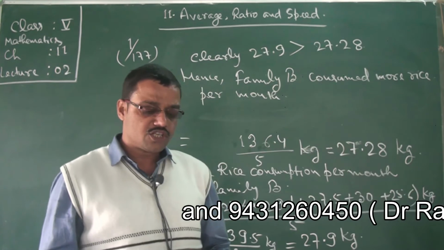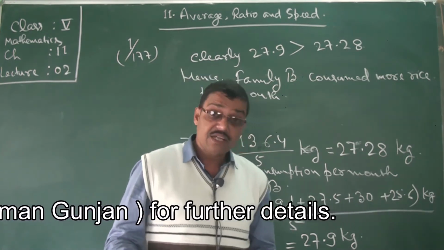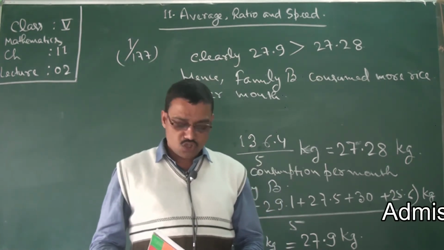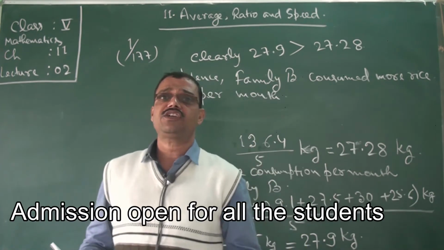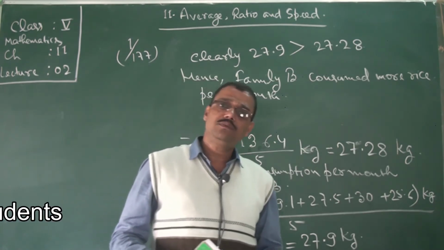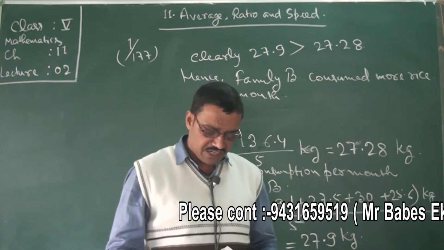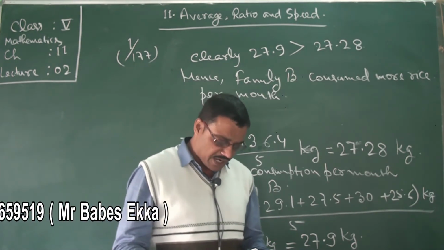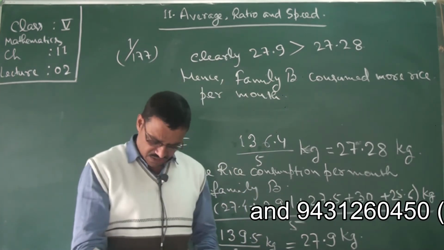How many students scored more than the average marks? Once you get the average, thereafter you will compare the marks of the students with that average. If students had secured greater marks than the average marks, count up the number of those students and write it up. Of course you will find it easy. Equal to the average marks, that also you can find, and less than the average marks you will find easy too. That is the 4 number.